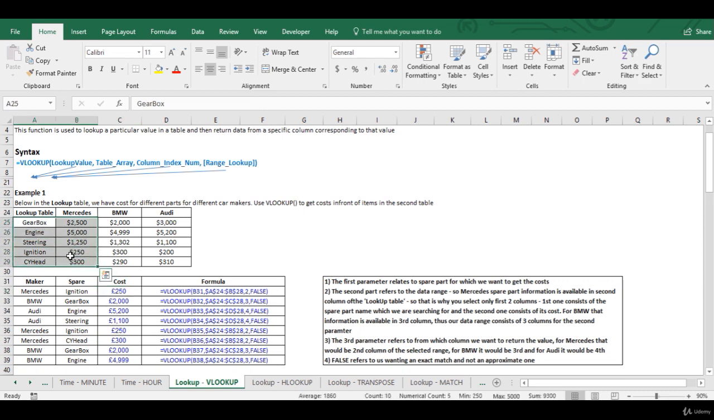Now in this particular table, I'm looking at ignition. And why am I looking at this table? Because I want ignition cost for Mercedes. If I had wanted ignition cost for BMW, my table array would have been this. Now because I'm looking at ignition cost for Mercedes,